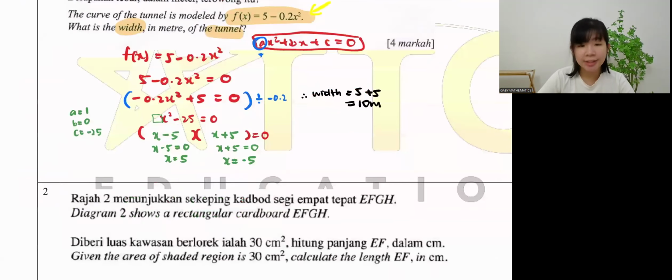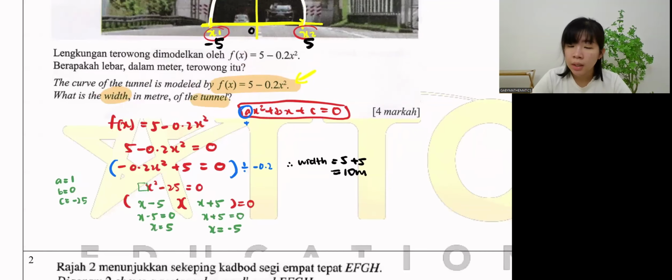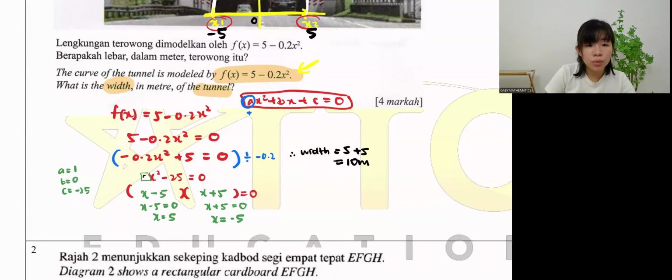Okay, let's do question 2. Okay, do we need to convert the A to 1? No. Okay, do we convert it to 1? No need, but we need it to be positive. We need it to be whole number. Because now it's 0.2. Even if it is 0.2 positive, we will still make it into whole number. So the best way to make it whole number, the fastest way, you divide it by 0.2. You get 1 straight away.